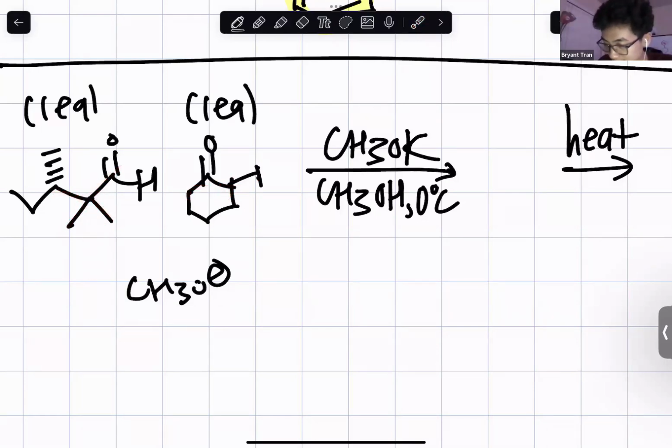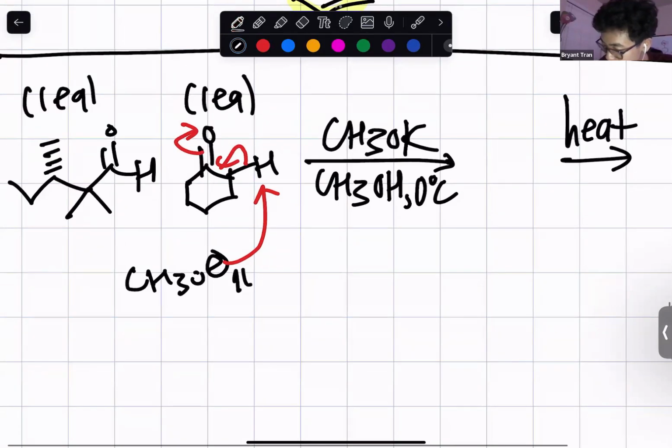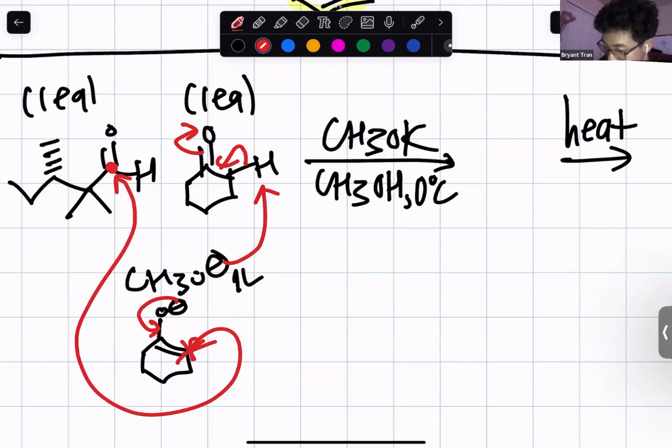Doesn't matter which one because it's symmetrical, to generate the enolate ion. And we know that when we make this enolate ion, the O minus is not the nucleophile. It's this alpha carbon here. So we're gonna reform the carbonyl, have this alpha carbon attack this aldehyde, and pop the bond onto the oxygen to give us